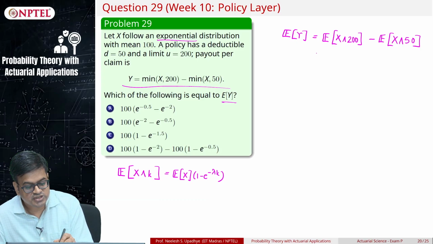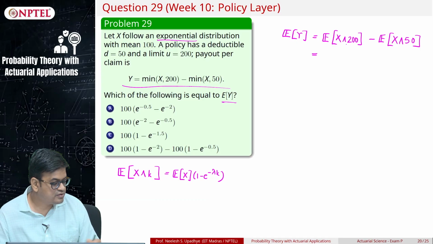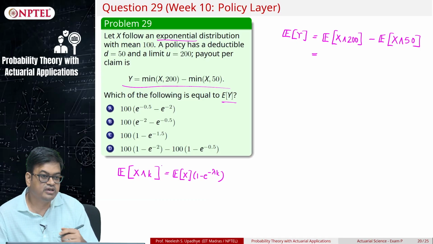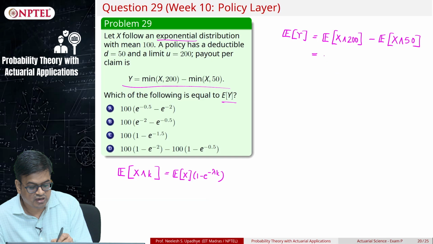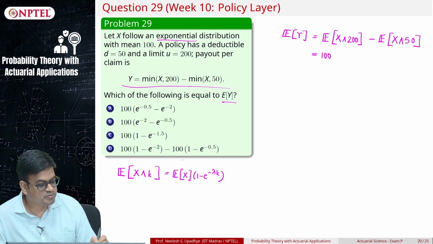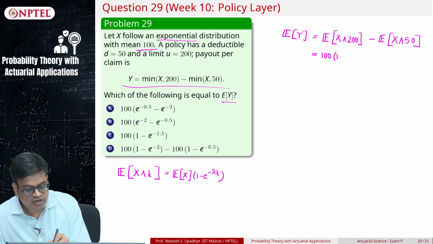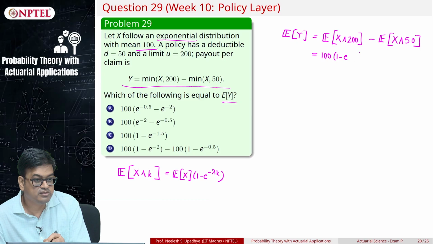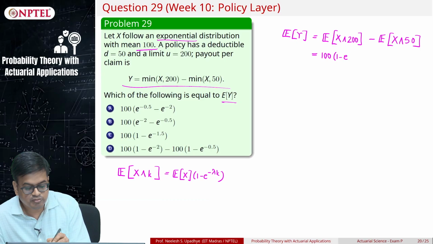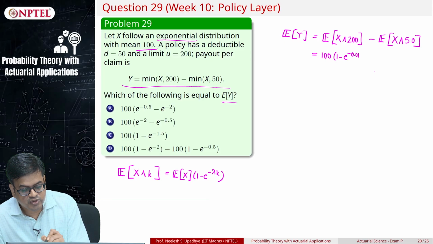Then because it is an exponential distribution, you already know the expected value is 100, into 1 minus e raised to minus lambda k. So, lambda is 1 by 100, so 0.01 into 200,